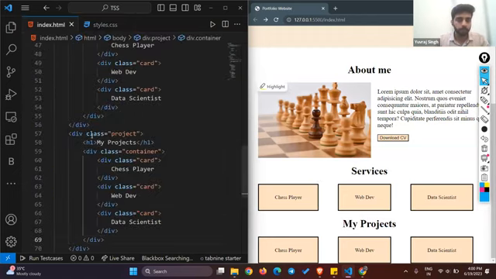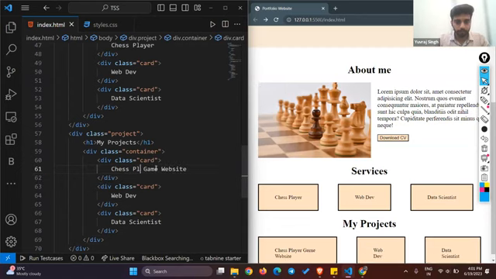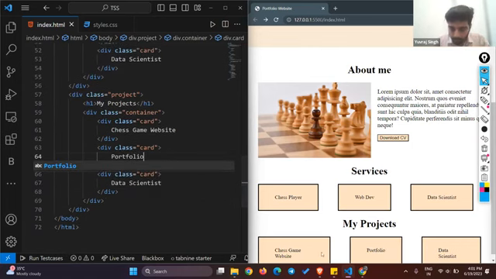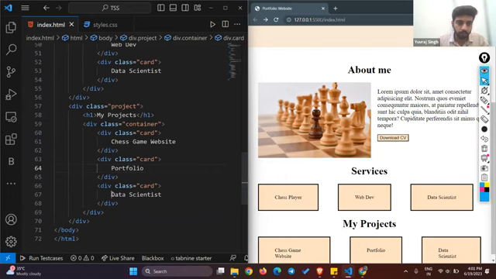इसमें प्रोजेक्ट समझो, उसमें चेस प्लेयर है, उसने चेस प्लेयर गेम वेबसाइट बना दी। ऐसे इसमें उसने कुछ भी बना दिया, समझो उसने पोर्टफोलियो बना दी। जो ये स्पेस नीचे देख रहे हो, ये आप अपने अकॉर्डिंग चेंज कर सकते हो। जैसे पैडिंग यूज की थी, सिर्फ उसकी पैडिंग चेंज करना, you will be sorted। ये भी अभी करके दिखा दूँगा मैं। जैसे डाटा साइंटिस्ट है, समझो उसने थर्ड प्रोजेक्ट बनाया होगा, ई कॉमर्स बना दिया।